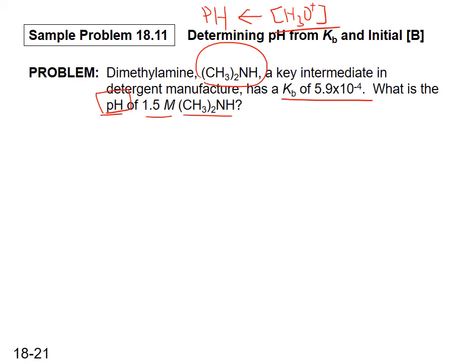That's the definition: pH is the negative log of the hydronium concentration. If it's a strong acid, then the acid concentration equals the hydronium ion concentration. If it's a strong base, then the base concentration equals the hydroxide concentration, and from the hydroxide concentration, we can calculate the hydronium ion concentration. Now, if it's a weak acid, then we have to draw the reaction table and use Ka to find the hydronium